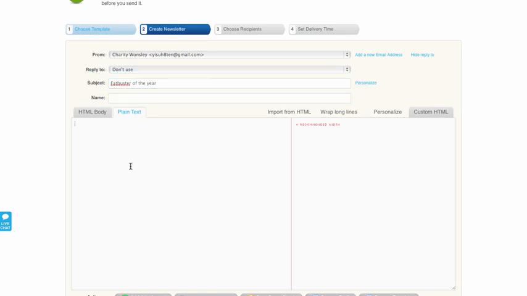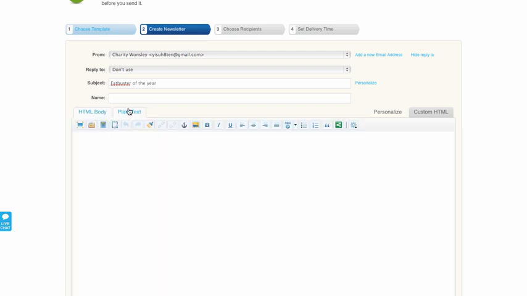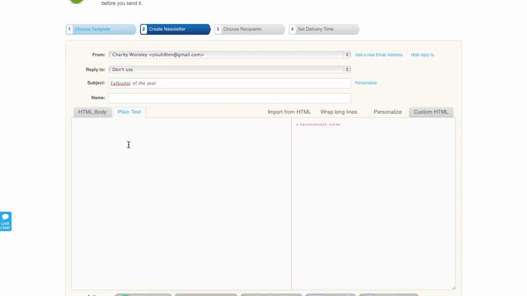Now we're about to go into our body, our text. Here you can go from HTML and plain text. We're going to do plain text first, and then we're going to do HTML. Like I said, with John Grisham and Tom Clancy, how they became New York Times bestsellers over and over consecutively, staying on the New York Times bestseller list for weeks and months at a time, is by doing this. They kept their message short and sweet.